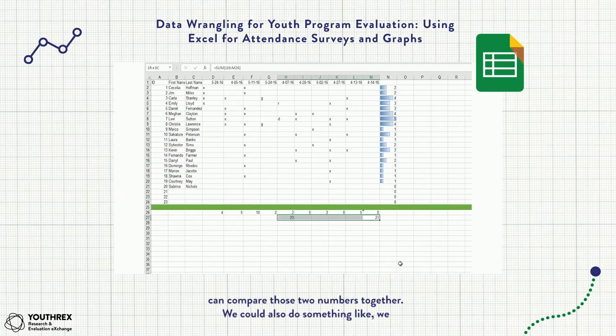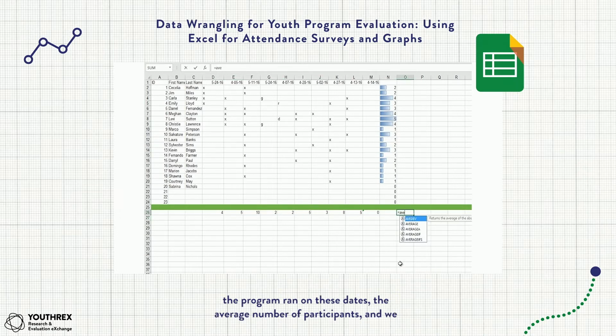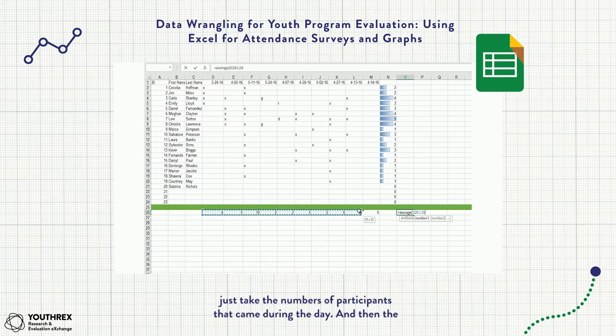We could also do something like find out what the average is, right? So, we could look at overall the program ran on these dates, the average number of participants, and we just take the numbers of participants that came during the day, and then the average will tell us there's 4.4 participants that came on any given day, and that's really useful to us because